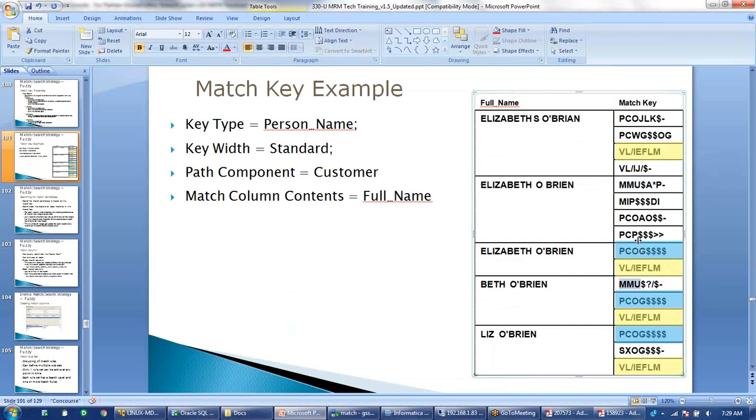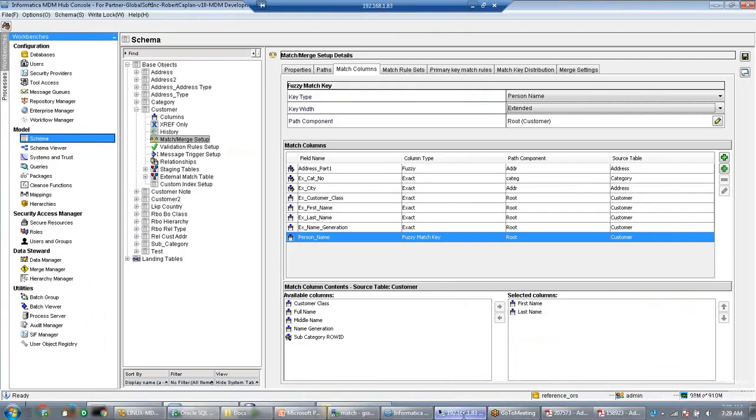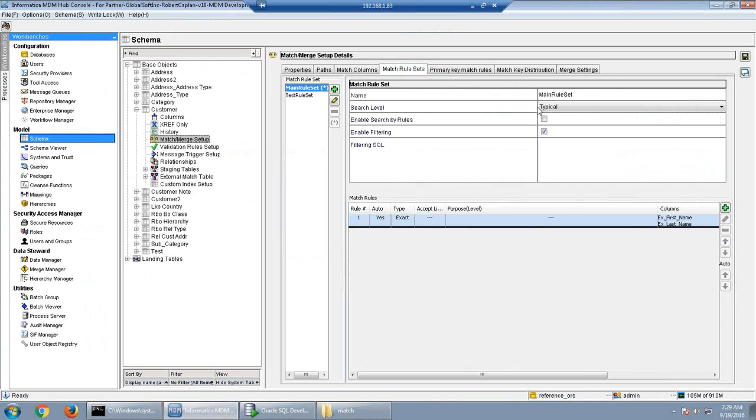So this is how we will decide which one we have to select. Initially we'll go with the default settings. For the match columns, we'll go with key width as standard. Similarly, for the search level, we will have typical. Typical will form the start keys.